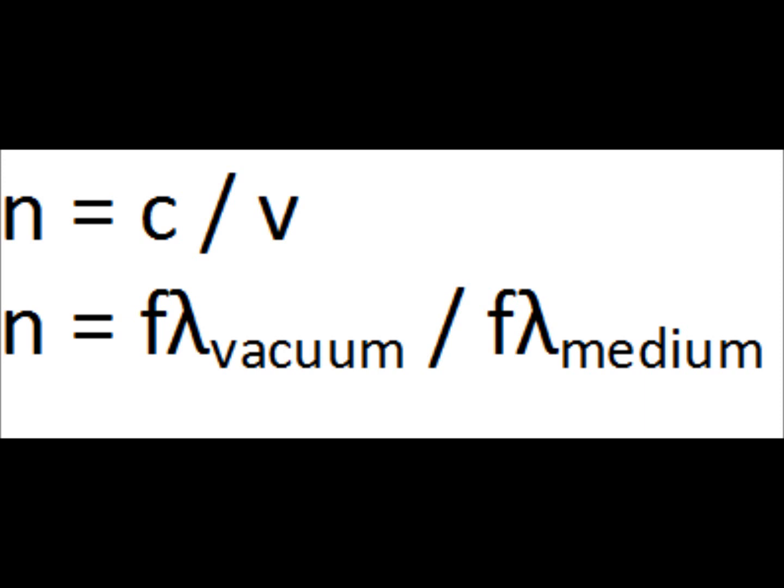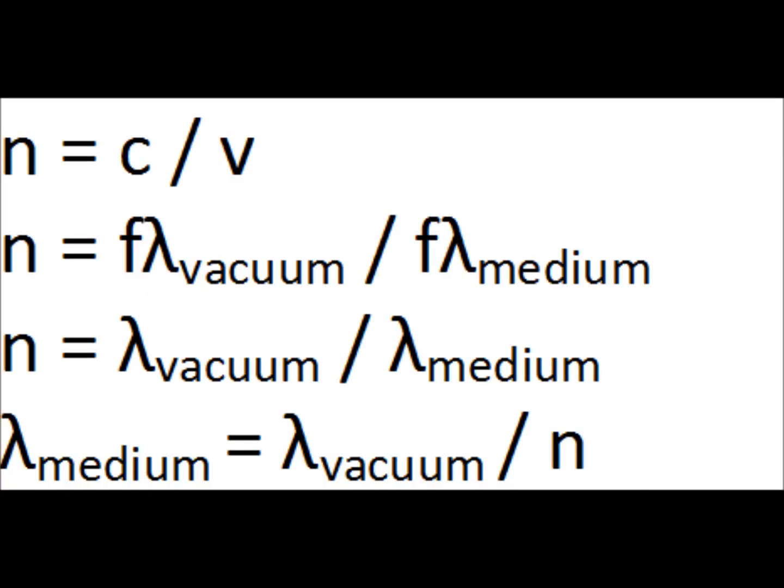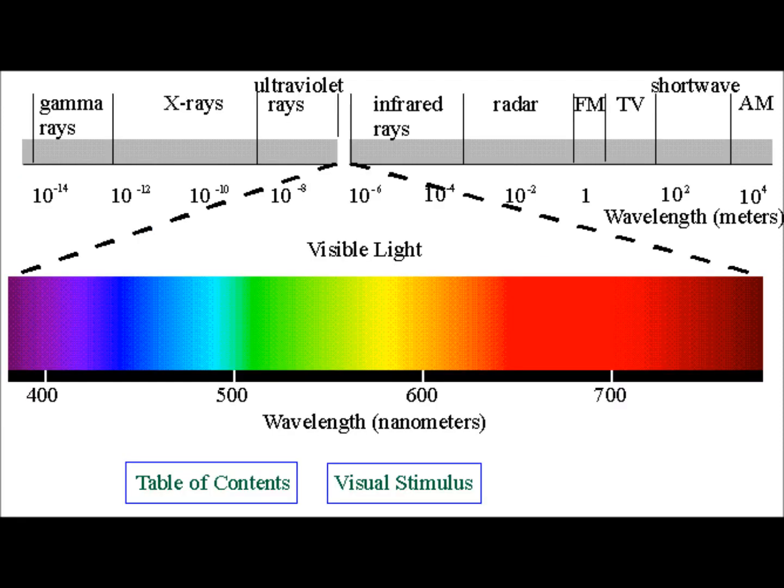Now when the light enters a new medium, it's the wavelength and speed that change, but the frequency is invariant. So the next step is going to be to cancel out f. In this slide, I've canceled out f, and so in the third line I have n equals lambda vacuum divided by lambda medium. And in the fourth line, I just rearrange that relationship to solve for the wavelength of light in the medium. So I have lambda medium equals lambda sub vacuum divided by n. So now we have an expression for the wavelength of light in a medium of index of refraction n.